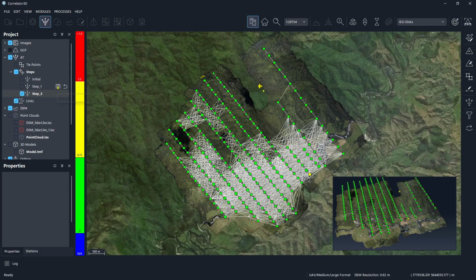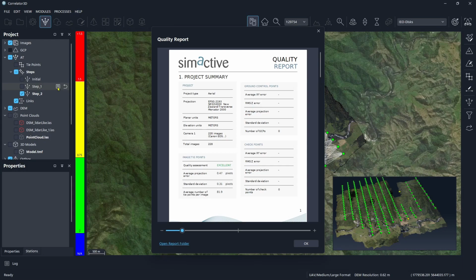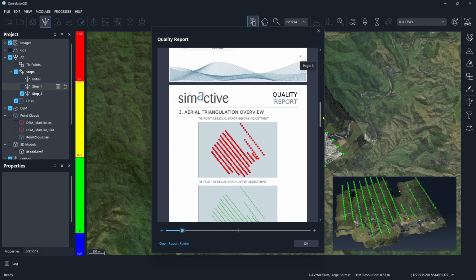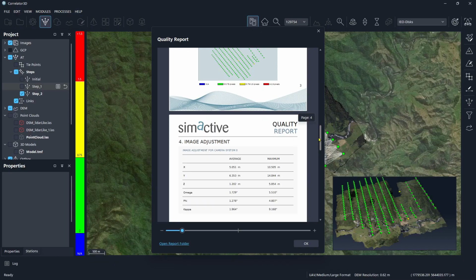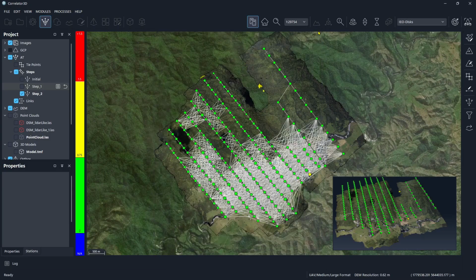We could actually look at the display report for the second step as well. And you can see that originally these all came in raw, and then the adjustment was made. So that's something that's understandable and you would expect. So again, that's where we can access our AT information, our quality reports. So if we had ground control points, we could see those in this AT report. The other place to find the AT report is in the IEO folder in the processing folder. So you could find it there. And we'll pop back out of AT,